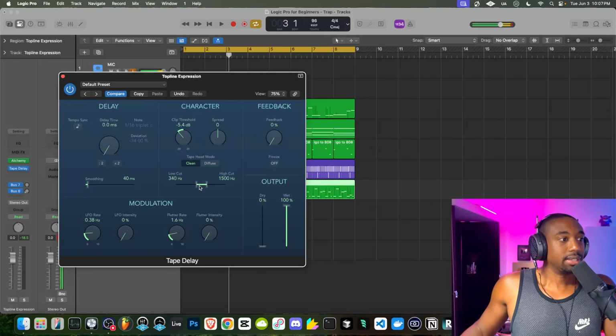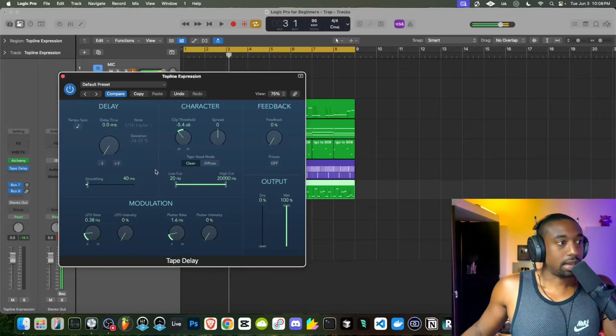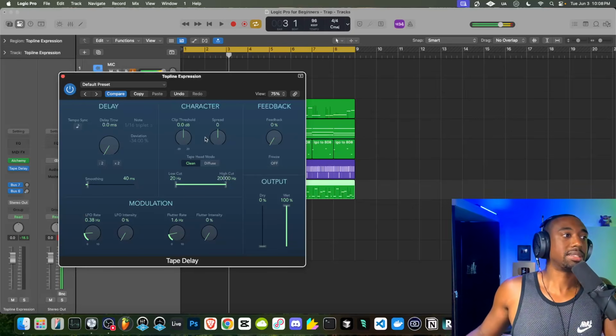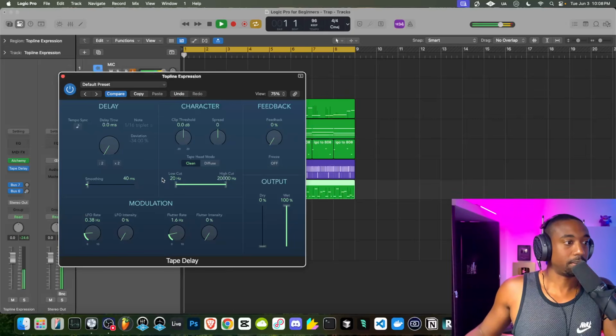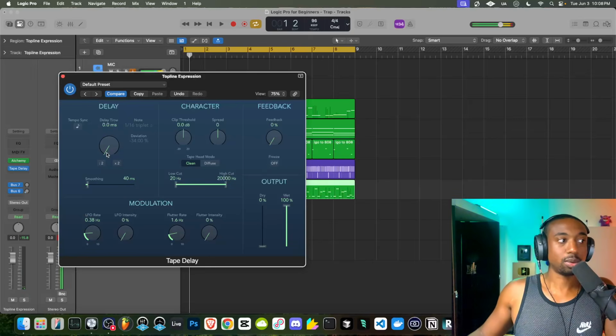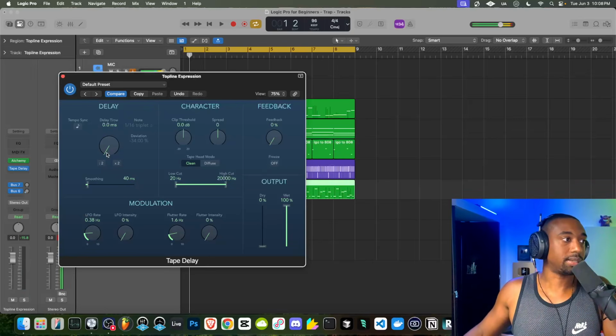And then you have to reset this thing here so that the filter is not doing anything, and just double click the clip. Okay, so basically everything is just reset back to nothing. So I'm not going to hear anything. So what we're going to do is use this delay time, and this will basically push the audio to the right. I'm going to exaggerate so you guys can hear.